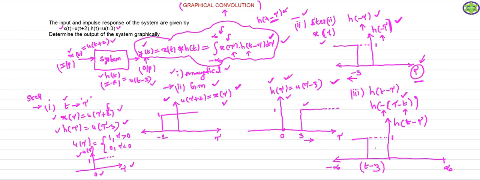So the signal is shifted towards the right hand side, but here I can write the signal is at this position. Why? Because with respect to your t, your signal is moving from minus infinity to plus infinity. So this signal is not a constant signal, whereas this x of tau signal is a constant signal. But if you observe this signal h of t minus tau, based on your t value, this signal is going to be moved from minus infinity to infinity.